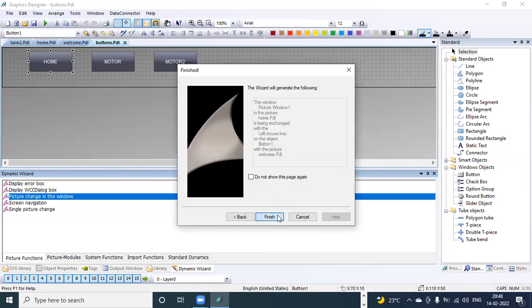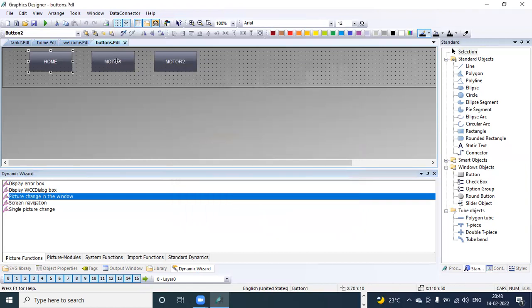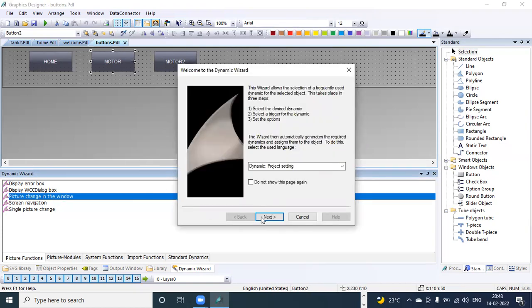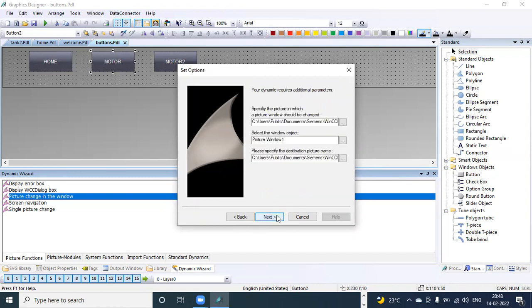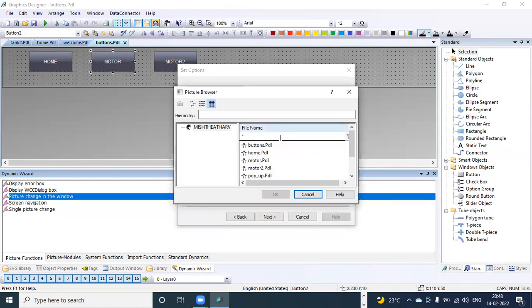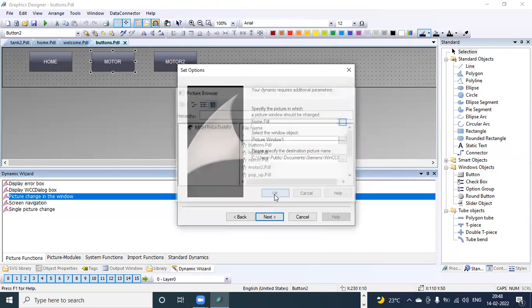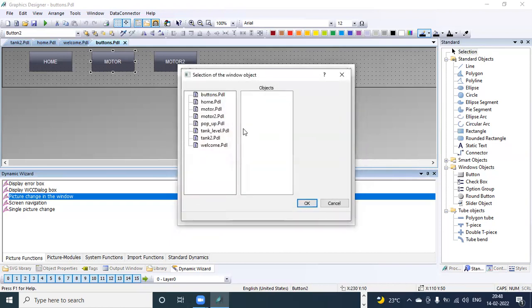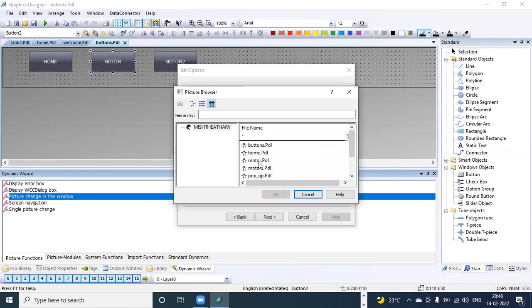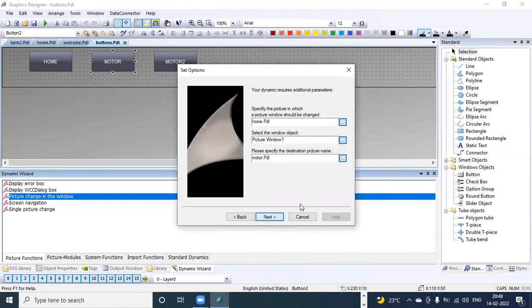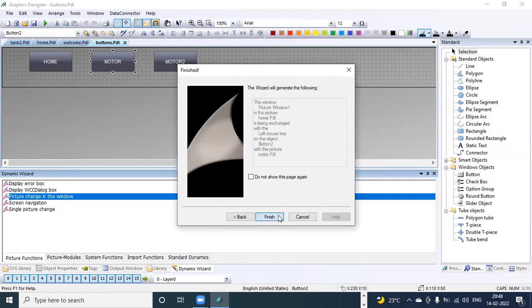Next, finish. Similarly for the motor, picture change in the window. Next, on left mouse key. Next, home. In home, picture window one. And then which picture? Motor. Next, finish.